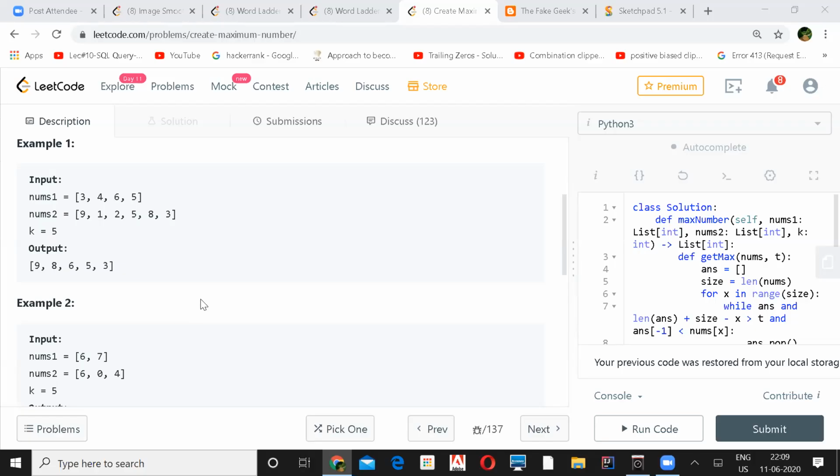So one of the solutions I found is this: because we are given the value of k, if you take the first example, k is 5. So our output size is fixed. Then we have two arrays, nums1 and nums2, which are of length 4 and 6.